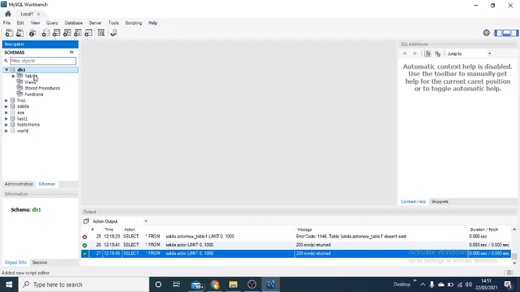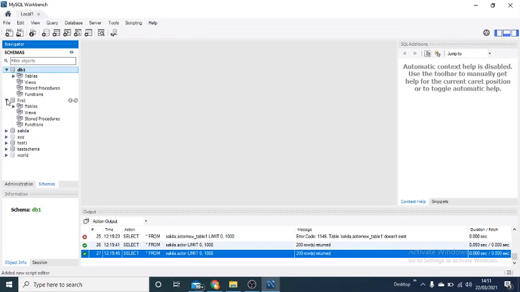On my local server, I have different databases, which are DB1, first, Sakila, sys, test1, test schema, and world. These are the available schemas on my server.